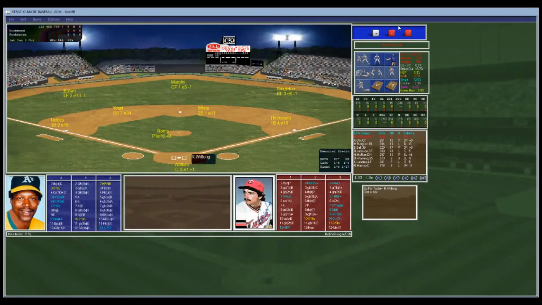So definitely a home run ballpark was Memorial Stadium back in the day versus left-handed pitching versus right-handed hitters. So Norris ready, Rod Wilfong ready, and let's do this.